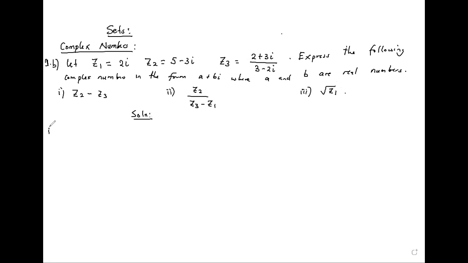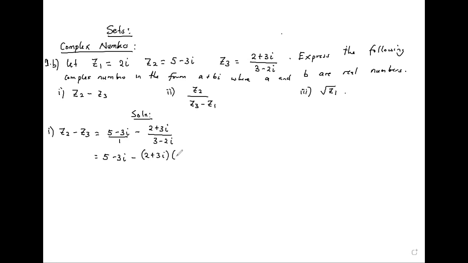Well, the first one, you have Z2 and Z3. So you just take them the way they are. So Z2 minus Z3. So you pick Z2, it's 5 minus 3i minus 2 plus 3i over 3 minus 2i. The next thing is you can avoid putting these together. Keep this the way it is. 5 minus 3i minus, conjugate this one alone. So we'll do a minus 2 plus 3i